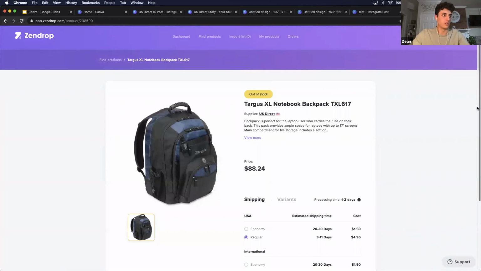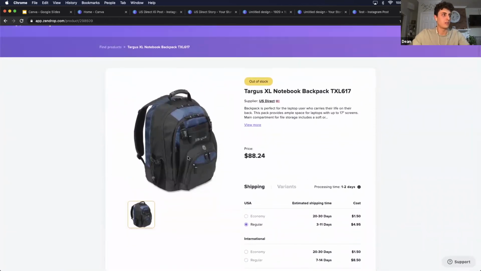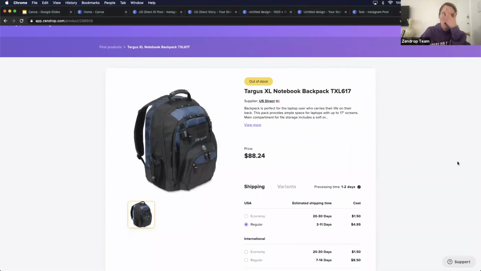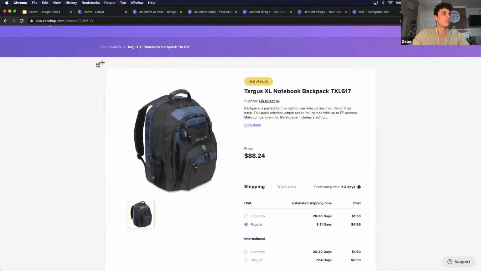So what I'd do is I'd come to my product, I'd right click it, save image. Oh, it's only going to do web format. Okay. Probably screenshot it, right? You can either screenshot it or it's probably more easily downloaded off of Shopify.